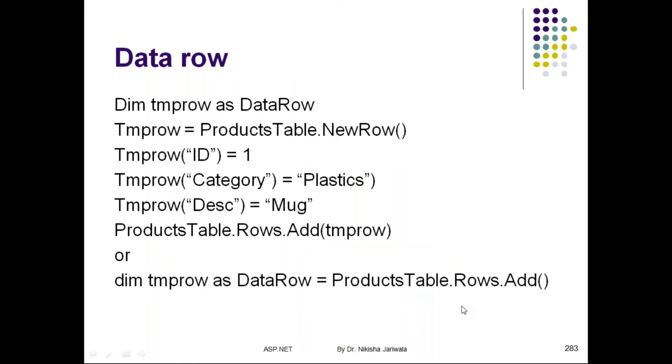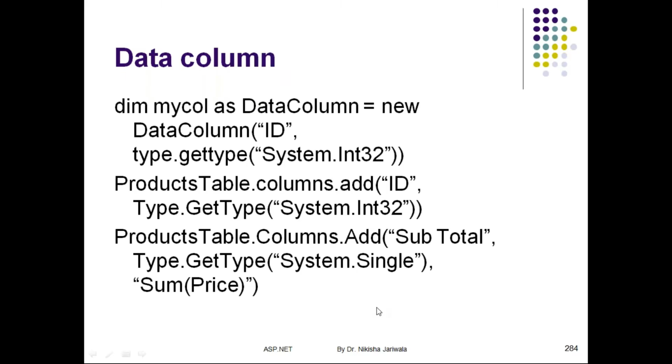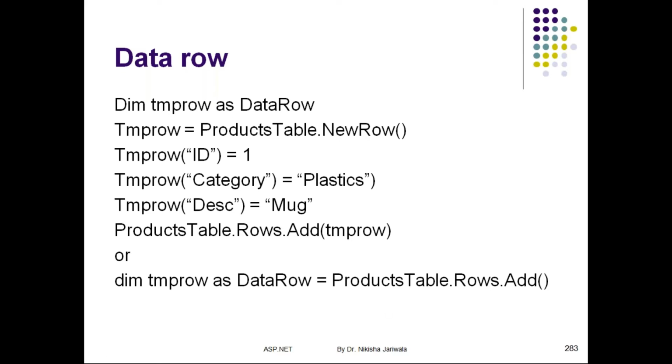All right, now here is an example of how we can create a table dynamically within the data set. Here is an example of how we can create data table within our data set. So if we consider one data table, and if I want to store the records related to the products, then first of all, I need to specify what table I want to create, which are the columns that I want to specify within that particular table, and after that I can specify data row within that particular table, right?